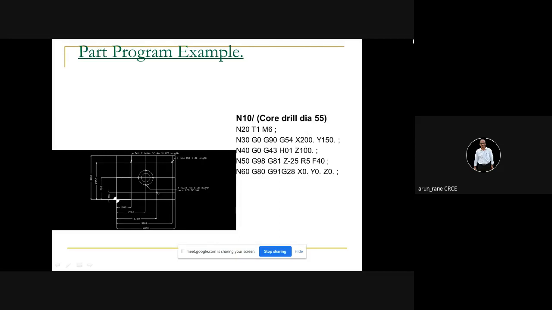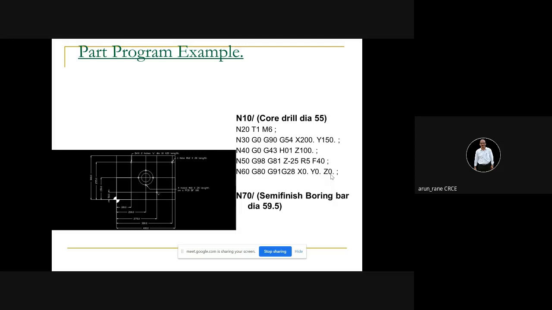Remember, in a machining center or milling machine, you have to take the tool to the reference position because your tool change will not happen at any distance. It will happen only at a specific position, and that specific position is nothing but the reference point. So whenever you are calling the tool change command, T1 M6 or T2 M6, you must take the tool to the reference point, and this is what the G28 X0 Y0 Z0 command does.